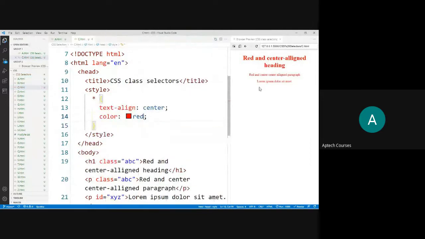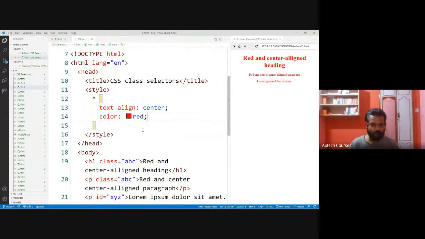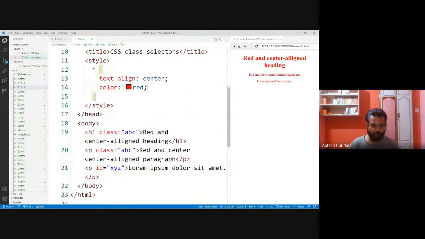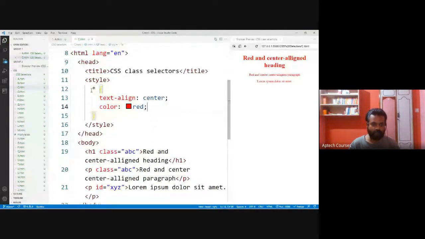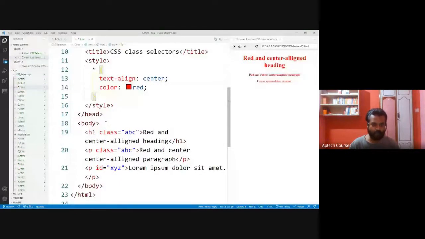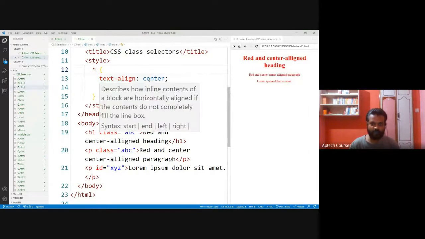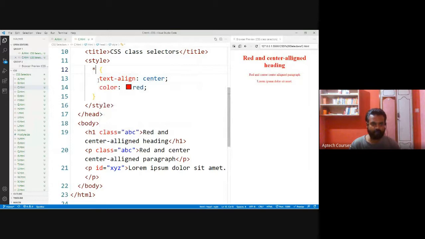Fine. We are getting everything. See here, even though we have not specified the name of the class or the name of the ID, star means universal. Universal selector. All the elements will be selected. All the elements will be affected by this style.